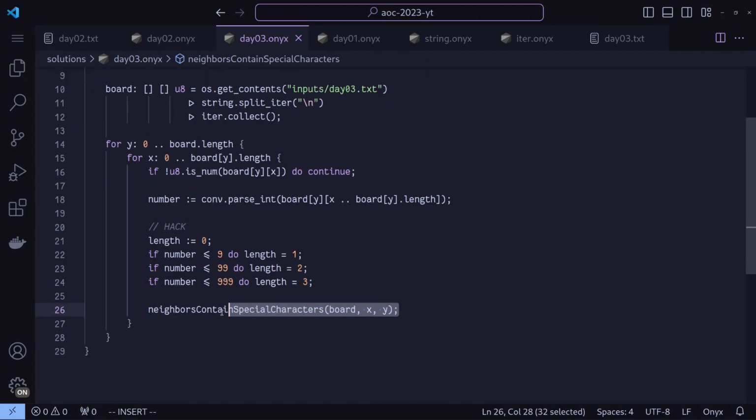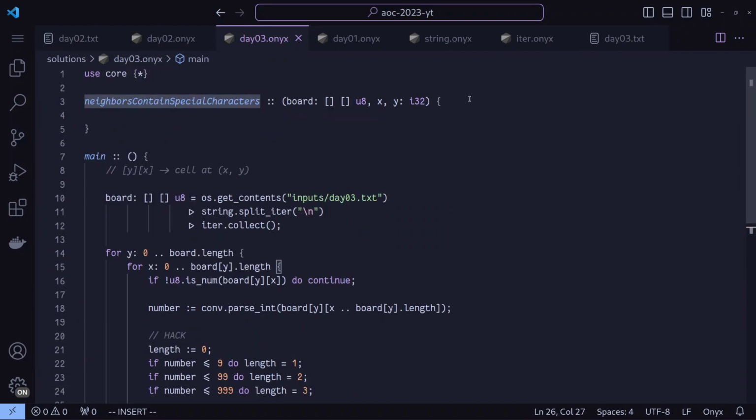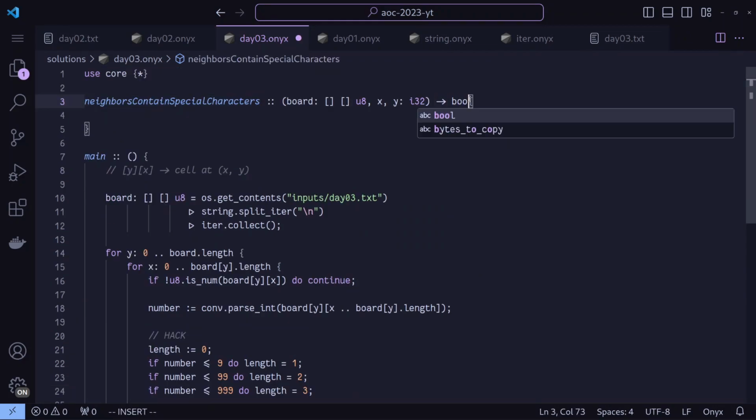Okay, so we need to find if this is true. So this is actually going to end up returning a bool to see if any of the neighbors contain special characters. And so we need to do that loop. So what is that loop going to look like? Well, if we think about it, we're